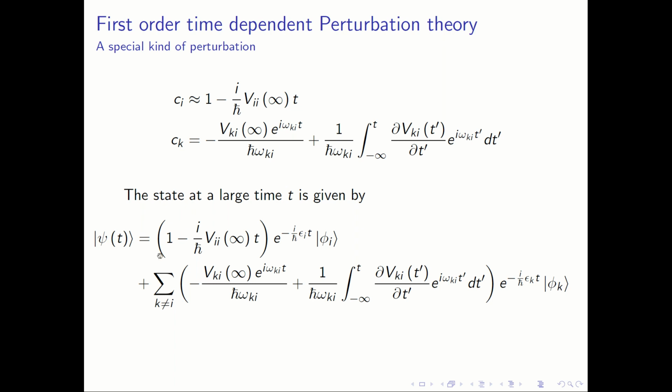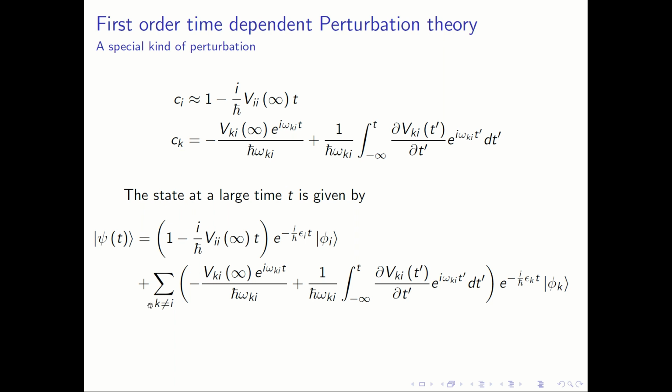And from that sum, I have separated out the two different kinds of terms, one with n equals i, the state you start with, and that of course is going to be this. This of course is nothing but Ci in this case, Ci of t e to the minus i by h cross epsilon i t. These together form the Ai of t, ket phi i,